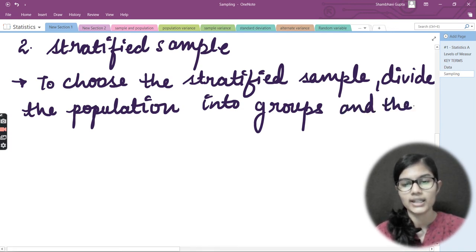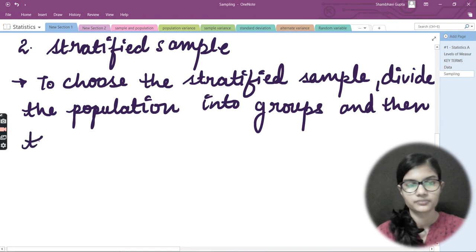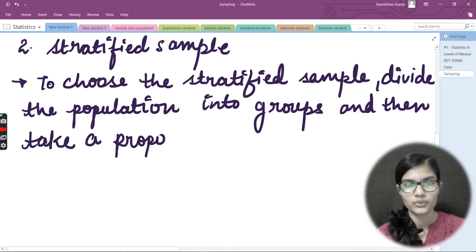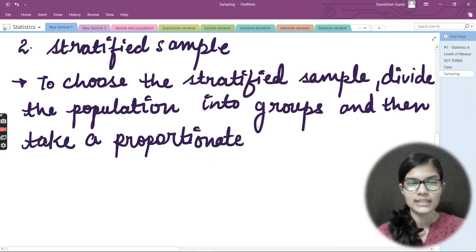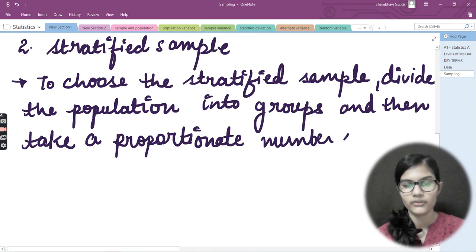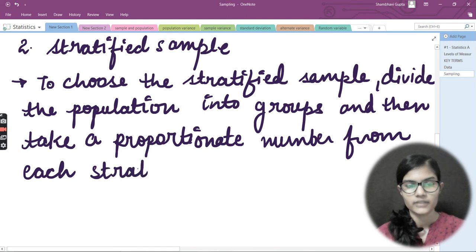And then we take a proportionate number from each stratum. This is how we do stratified sampling.